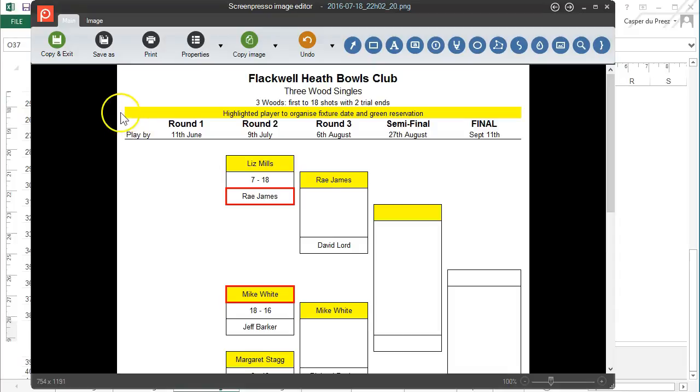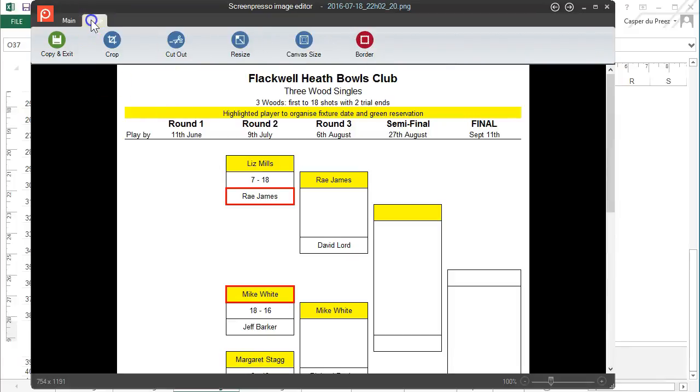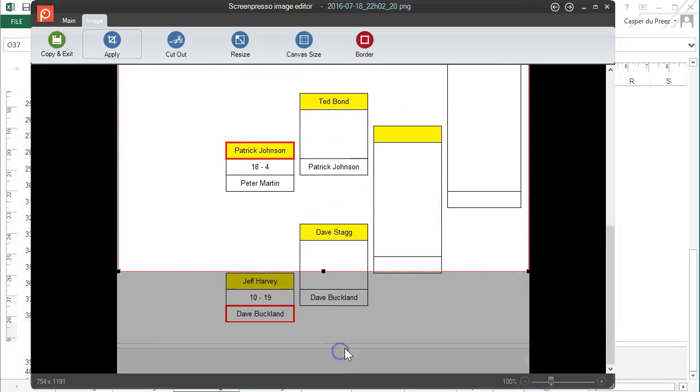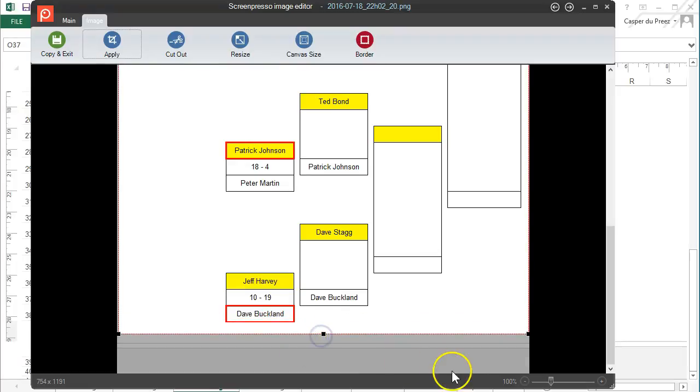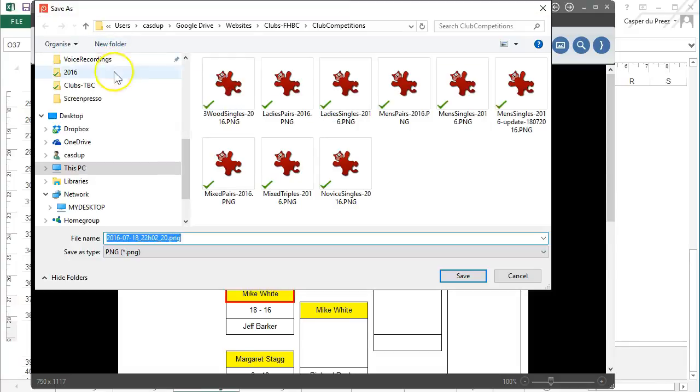All I need to do now is to neaten up the image, and what I will be doing is to crop it so that I just use the bits that I want to use. So I will go into the editor mode and then mark the area that I want to crop, and you can see the bottom bit I want to cut out. There, I have cropped it now, and then I will save it, and I will save it with the original file name, which is 3 wood singles 2016, but I will add update and the date that it was updated, so I can identify the new image